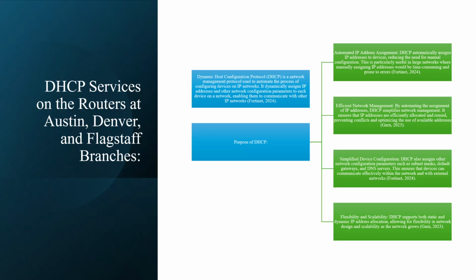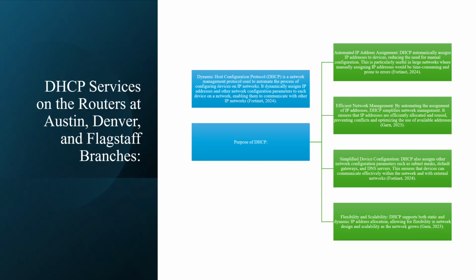Configuration Protocol, DHCP. What is it? It automates the assignment of IP addresses and network configuration parameters, enabling seamless device communication within IP networks by eliminating manual IP configuration. DHCP reduces errors and simplifies network management, making it particularly beneficial for larger networks such as Canyon